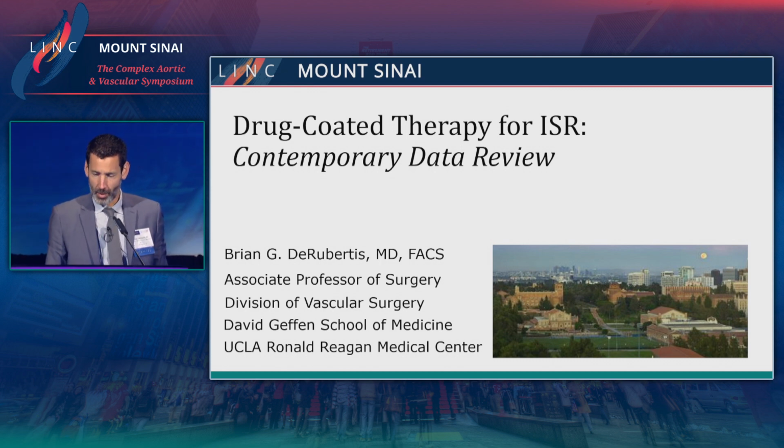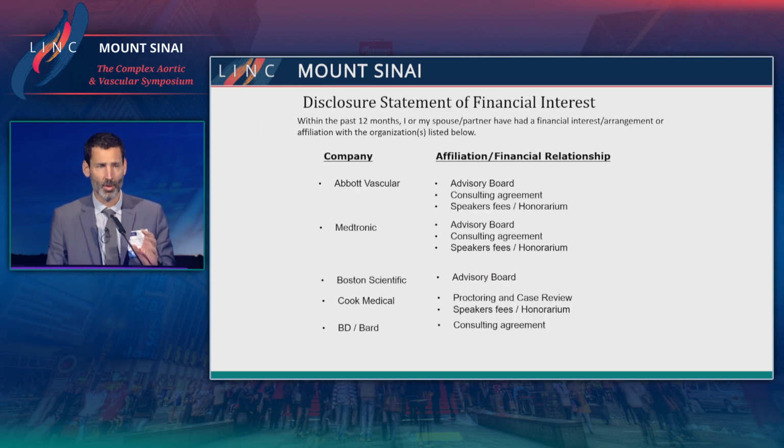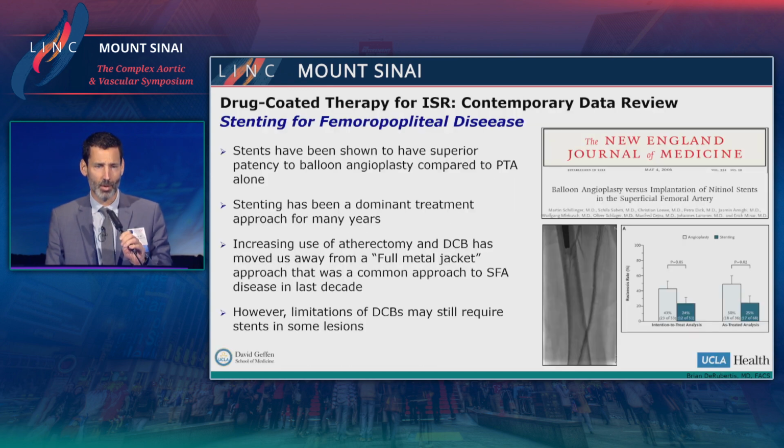I also want to point out that Peter's last case example of a patient who stayed patent with the Viabon for 11 years now is really a nice example of how these technologies can help us quite a bit, depending on how we apply them and who we apply them to. I do think we need to recognize some of the benefits of all of these different therapies we're talking about, plus the limitations. So the focus of my talk, these are my disclosures, the focus of my talk is DCB